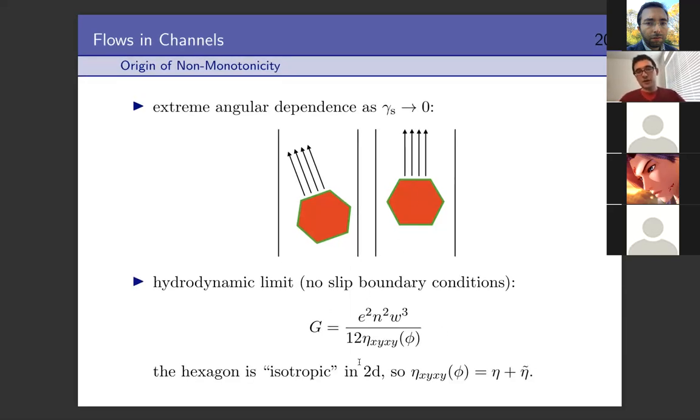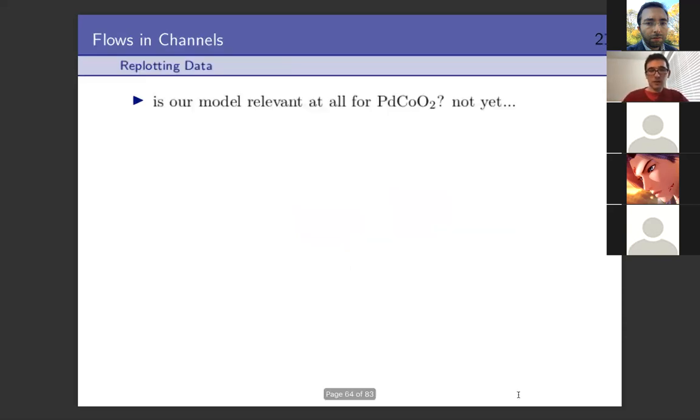In the hydrodynamic limit, it turns out that the prefactor of this W cubed gives you essentially both the shear and the rotational viscosity together. And it's actually not trivial to think about how these might be distinguished. All right. Maybe the last point that I'll make given time is we can ask,